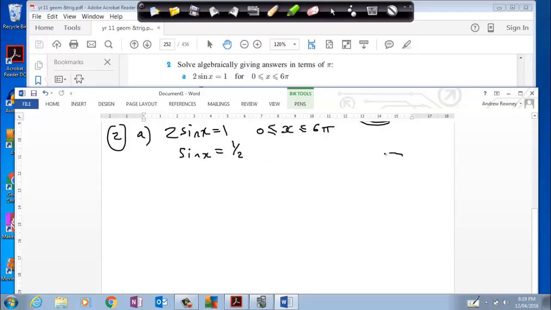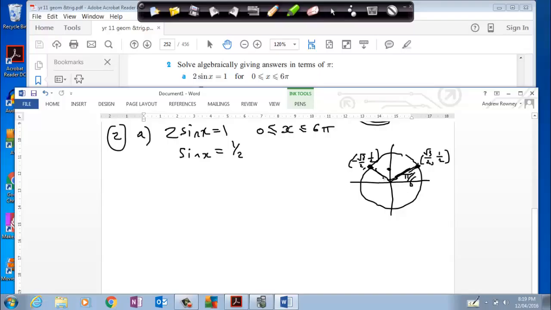Now we can think in terms of the unit circle, and when the y coordinate is a half, we need to know what the angles are. So that point and that point, those two angles we need to know, and because the domain's in radians, we need the angles in radians. Now for a half, if you look up your unit circle, you'll find that this point here is root 3 on 2 comma a half, and this one is minus root 3 on 2 comma a half. But the angle in here is 30 degrees, or pi on 6,